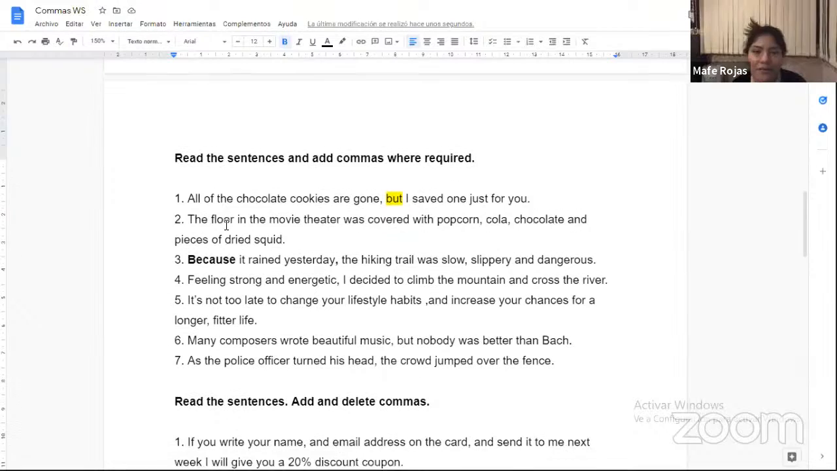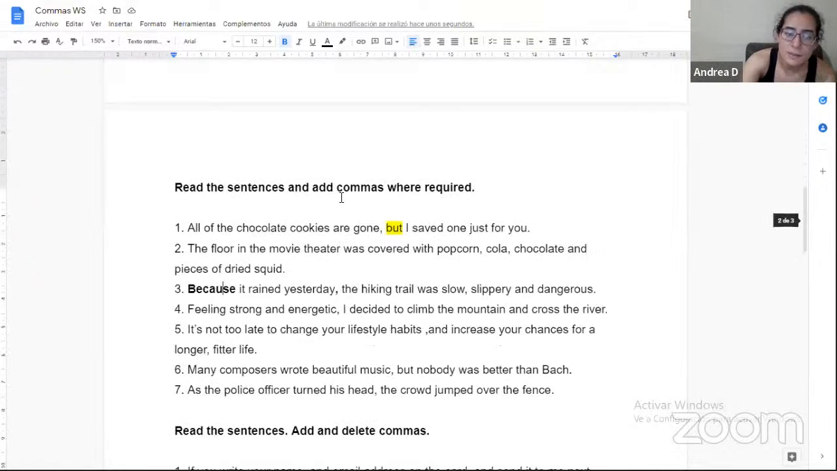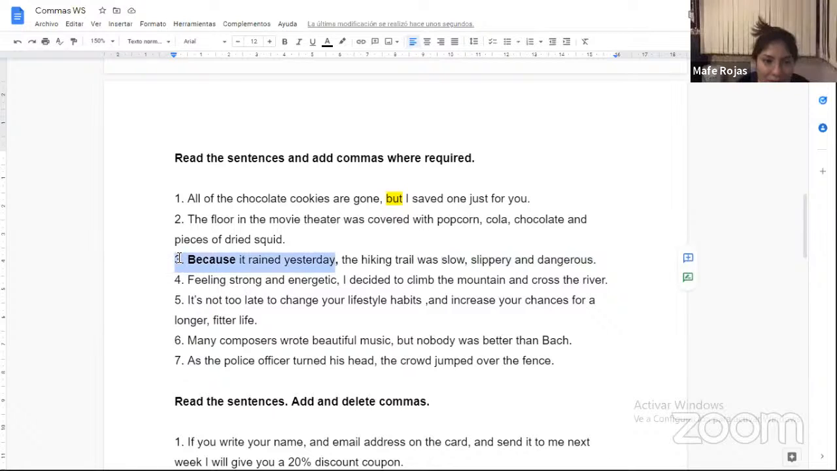It's not a fanboy, but it's like when, like if. It's one of those. They're called subordinating conjunctions. But speaking in simple terms, it should be at the end: the hiking trail was low because it rained yesterday. The subject, the hiking trail, the verb, and then the complement. So if the complement is at the beginning,